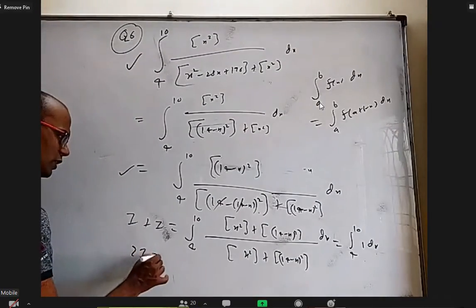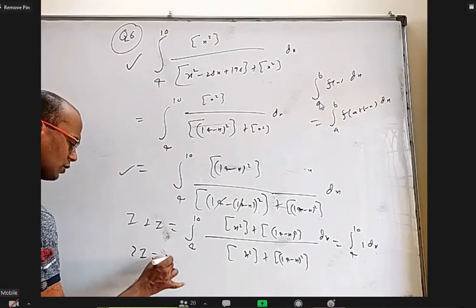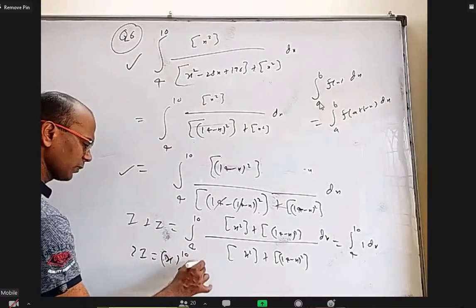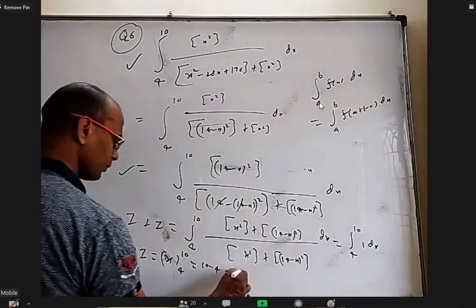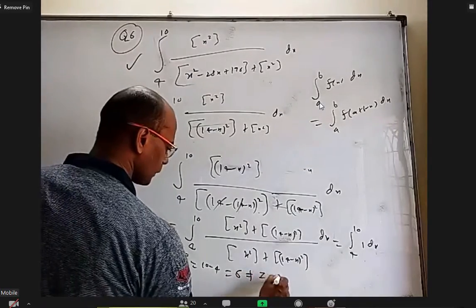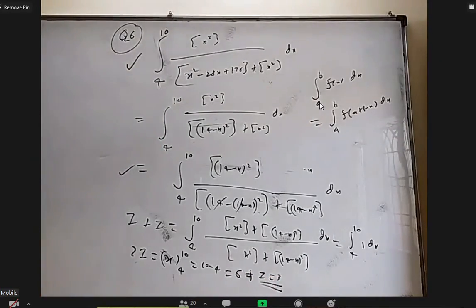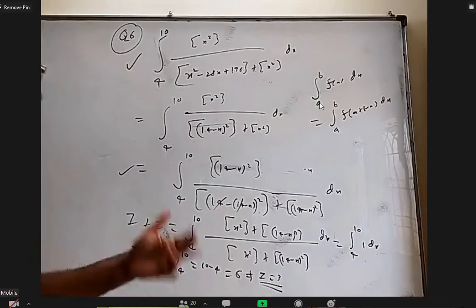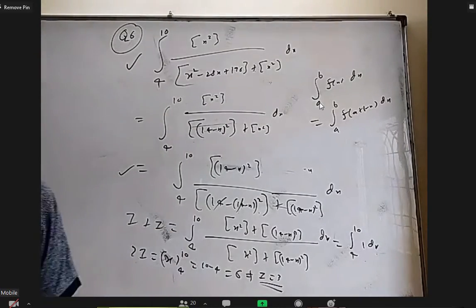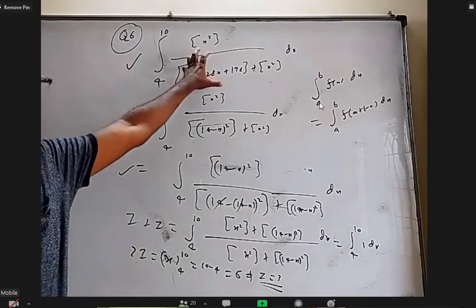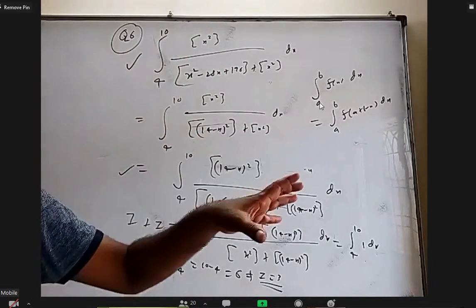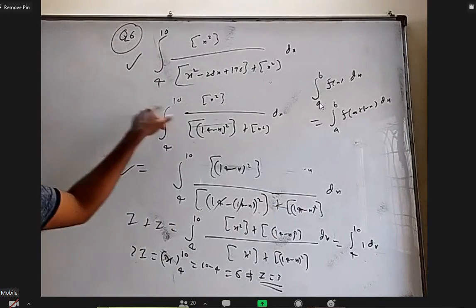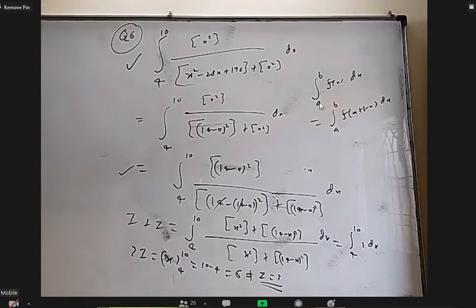Okay, that is 2I is equal to x with limits 4 to 10, 10 minus 4. That is 6. So I will be 3. Maybe if you do a few questions of similar things like this, you can directly say b minus a by 2 will be the answer. So whenever you replace x with a plus b minus x, when you do I plus I, you are going to get 1. Every time the answer will be b minus a by 2. It doesn't matter what the function is, it may be sine, cos, something else.